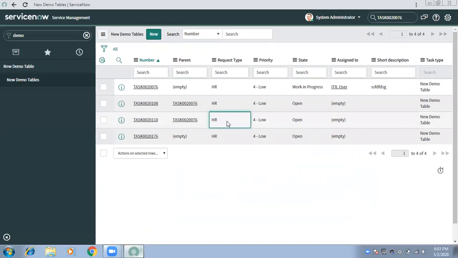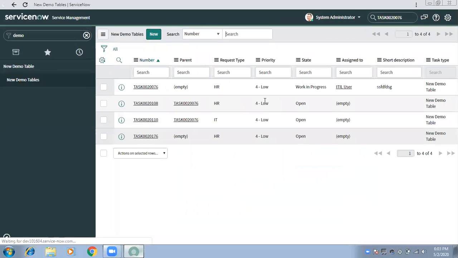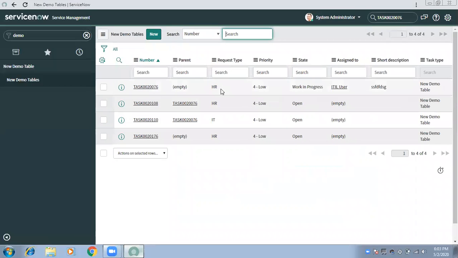All these are requests. Let's say one child has another request type, IT. As the parent is HR, my requirement is to only update those children where the request type is similar to the parent.